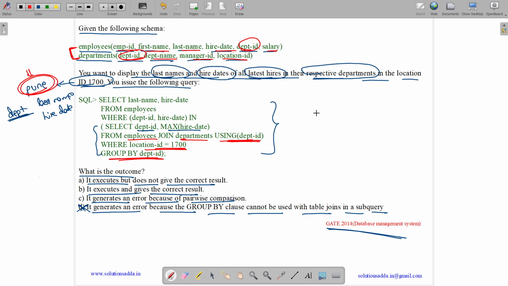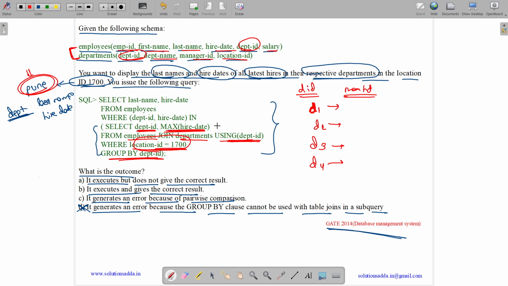And then we group it by department ID. So what it will do is that for a particular department, suppose we have a department D1, from department D1 we will get one output. For department D2 we will get one output. From D3 we will get one output. For D4 we will get one output. And these outputs will be from location 1700, such that in the output we will get department ID and max of hire date. So we are using this attribute max of hire date with group by clause. It will give department ID and max of hire date. These two attributes will be our output, and with each department we will get the maximum hire date.